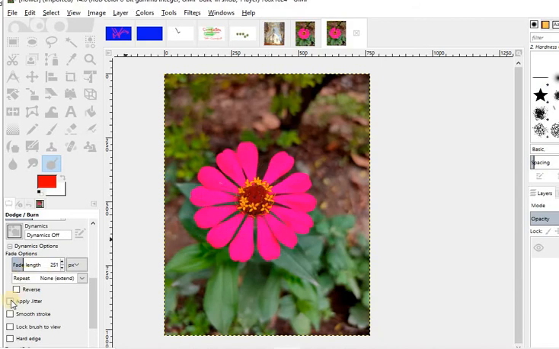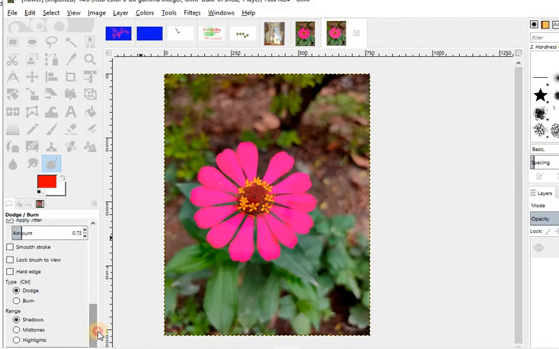And if you use this smooth stroke, then what happens? And then we have the option of apply jitter. We can apply. Okay, so you have the option.